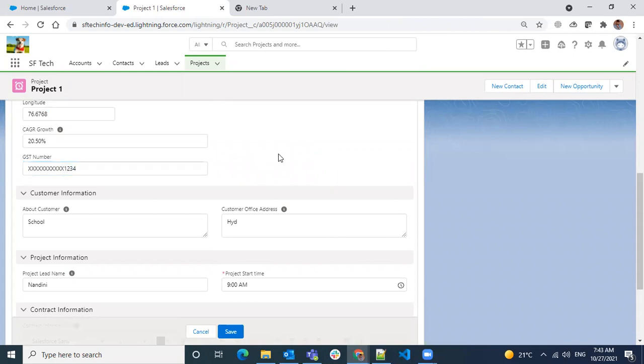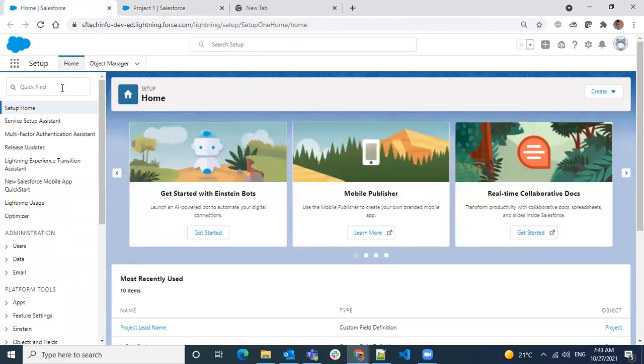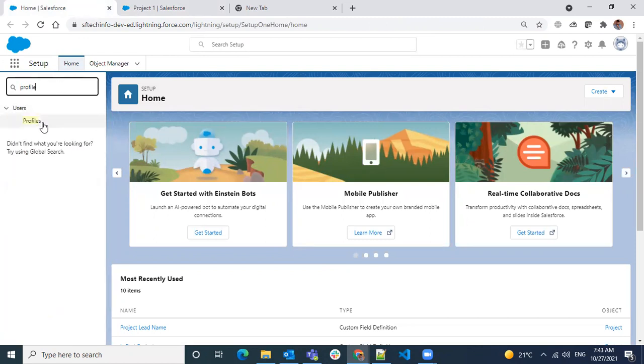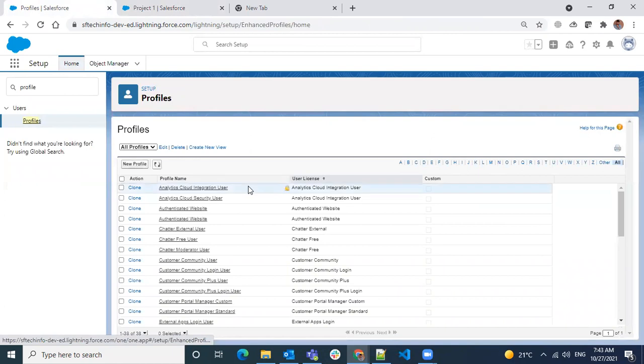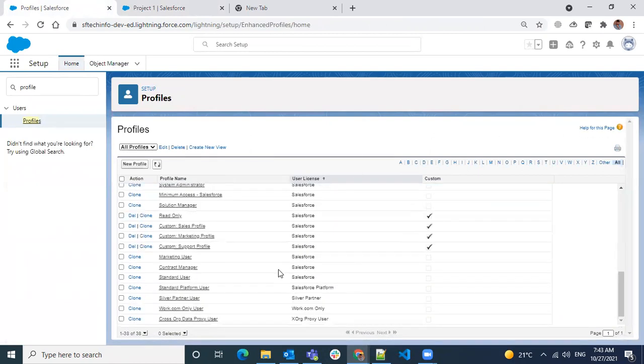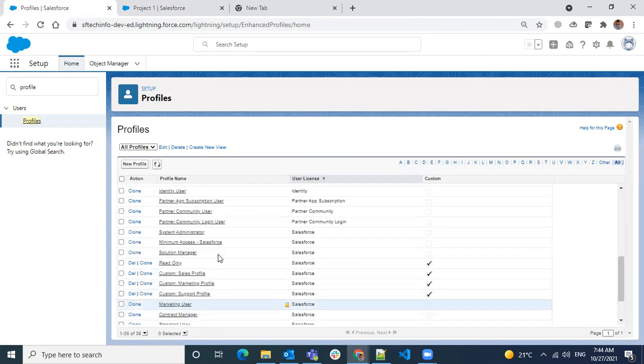So who can see it? Those who have the permission to view encrypted data. Only people with that permission can see the data. Let's say our profile is System Administrator.